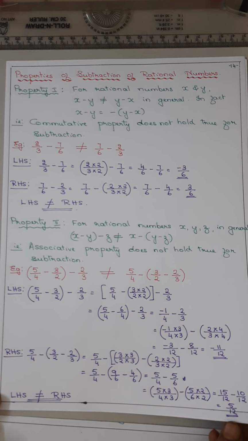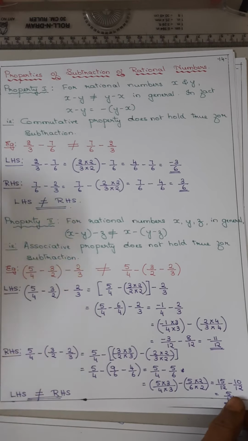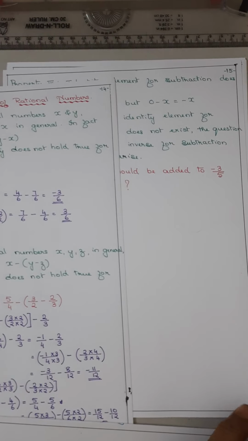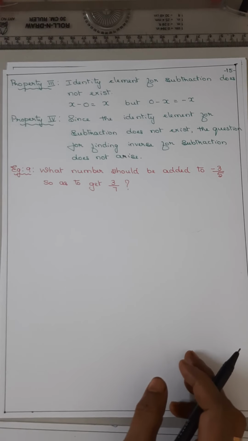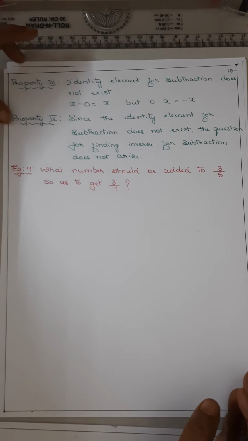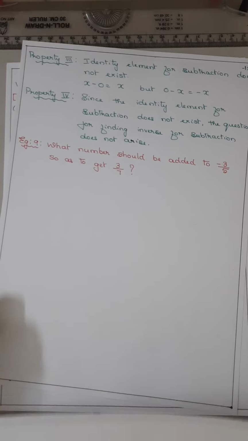Hope you have understood these two properties. Okay. So for these sums will be asked for verification, and the properties you should remember. The two numbers, then it is the commutative property. 3 numbers, then it is the associative property.